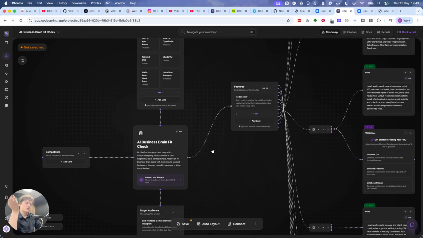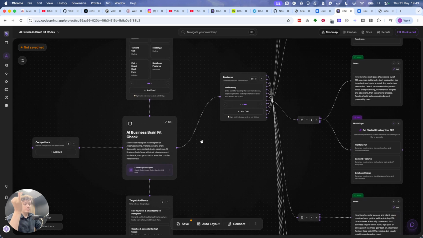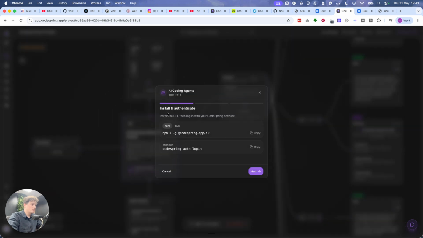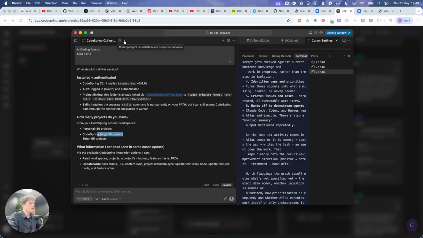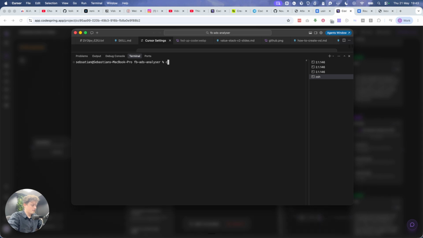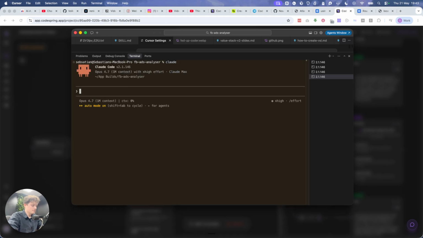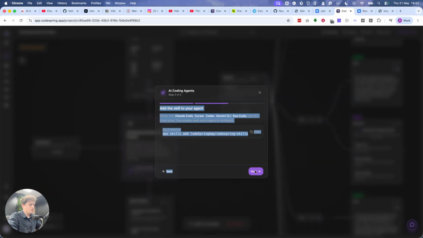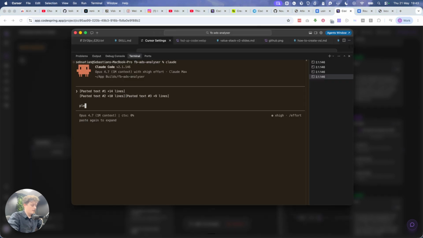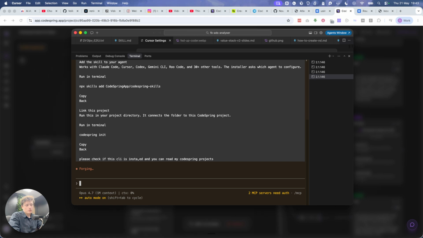So it's exactly the same way to install it for Cursor. The same thing for Claude Code as well. You can just copy all this information like this. We can come into Cursor and let me just close this, and I'll create a new terminal chat. Claude. Paste this in here. Copy this, paste this in here. Copy this, paste this in here. Please check if this CLI is installed. And you can read my CodeSpring projects, and then hit enter, and Claude Code will go ahead and do exactly